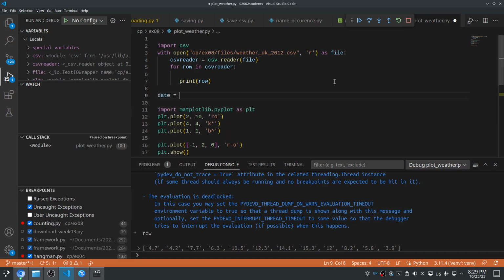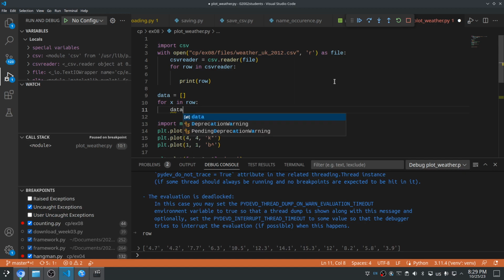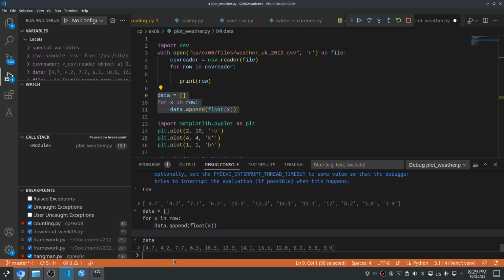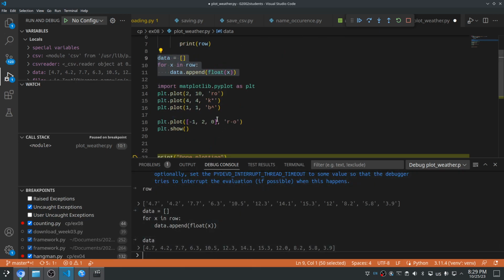So let's define an empty list called data, and then we loop over each element in the row, and we say data.append float of x. So we convert it to a floating point number. Let's try to run that. That actually gives us the data like this. And now we can just plug in the data here